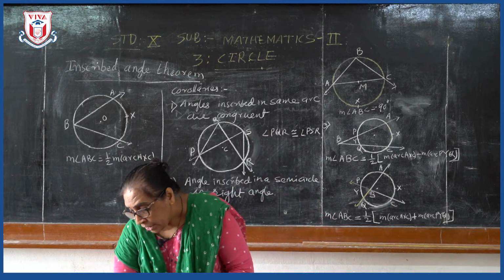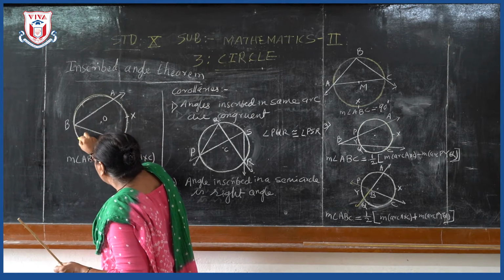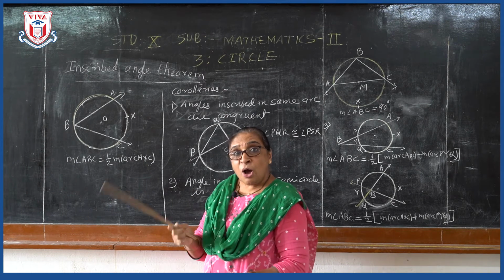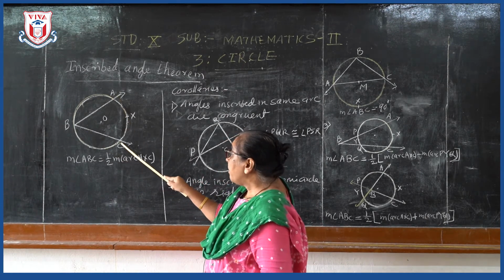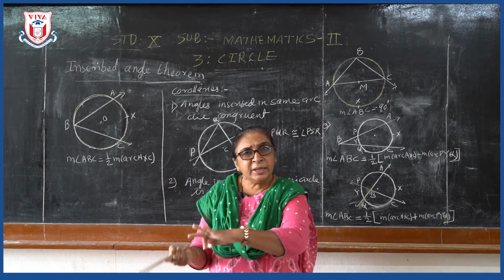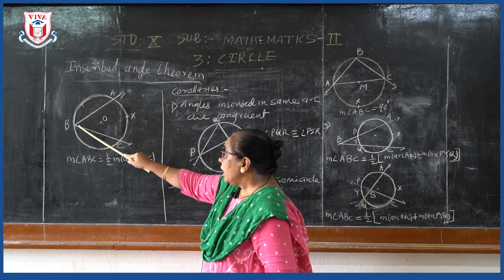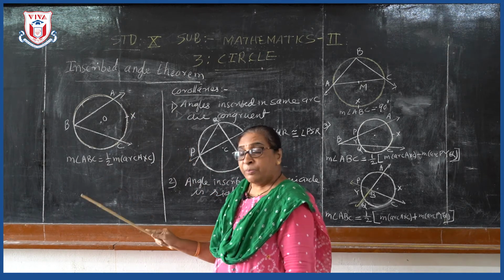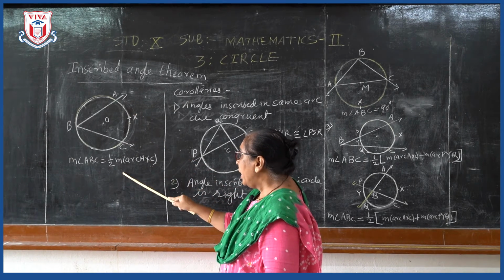That means here we can see this arc ABC. In this arc it is inscribed, or also we can say that angle ABC is subtended by arc AXC. Means the intercepted arc subtends the angle. Now, the relation of this inscribed angle and the intercepted arc is what? Measure of angle ABC is half the measure of arc AXC.